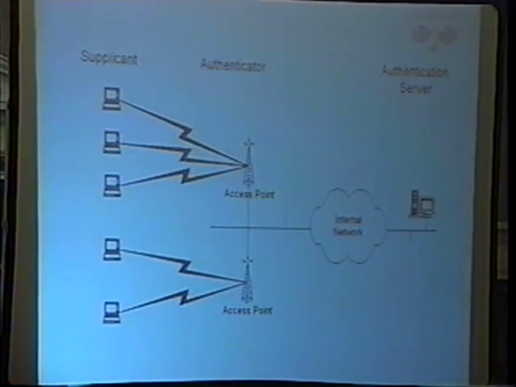In the 802.1x, things take on a different name. So in 802.1x, you've got a supplicant, which is effectively something that runs on the client machines that handles the 802.1x authentication for them. You've got an authenticator, which originally was a switch and has now become an access point. It is effectively a pass-through for the 802.1x traffic. And then there's an authentication server back at home base that allows you to actually do the real authentication and verify the supplicant is really who he says it is. So this is all well and good.